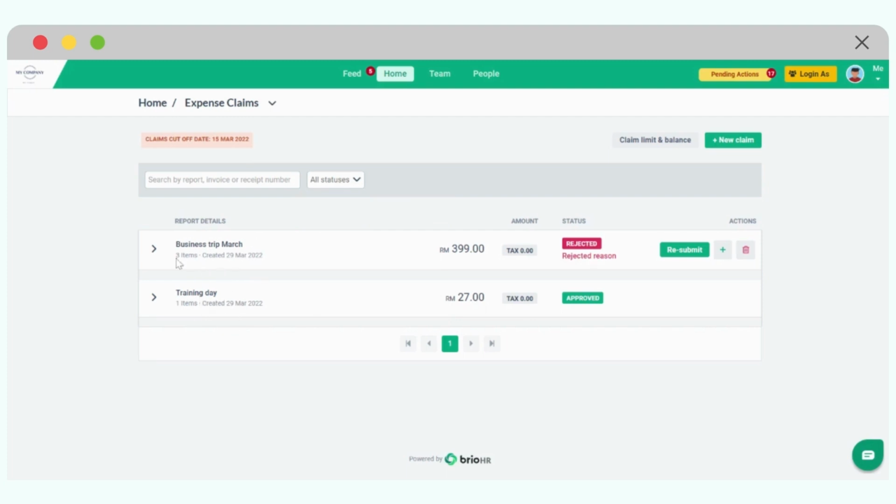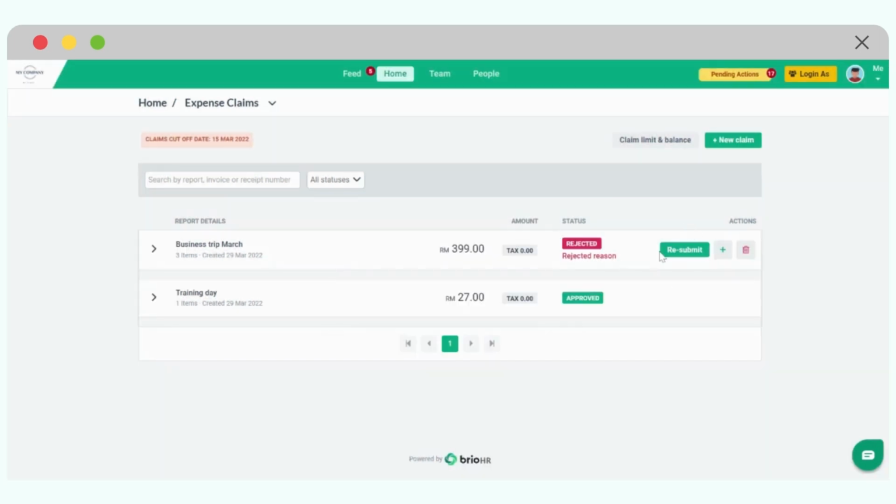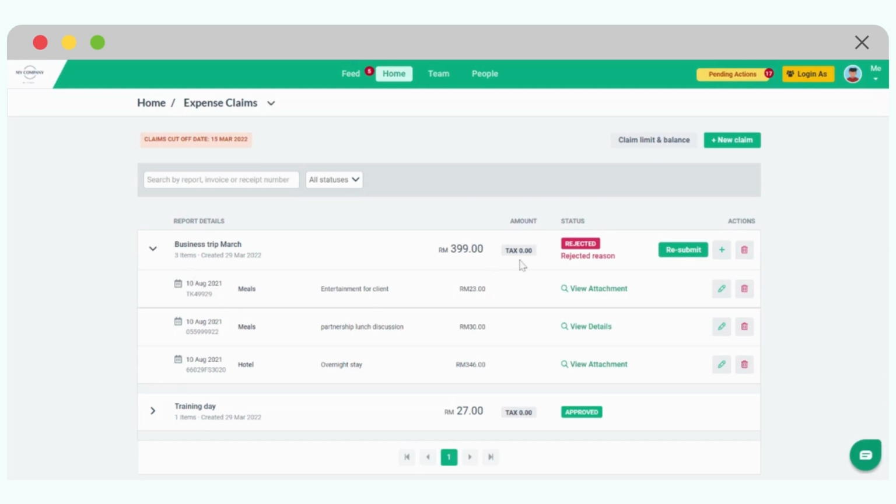In the first one, we see that there are three items, that the total amount is 399 ringgit, and that it was rejected. Luckily, directly from here, I can see what the rejection reason was. If I click on it, I will see that one attachment is missing. Before resubmitting the claim, I can expand and look at what document was potentially missing.